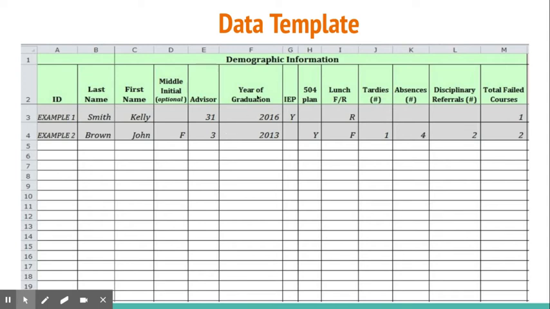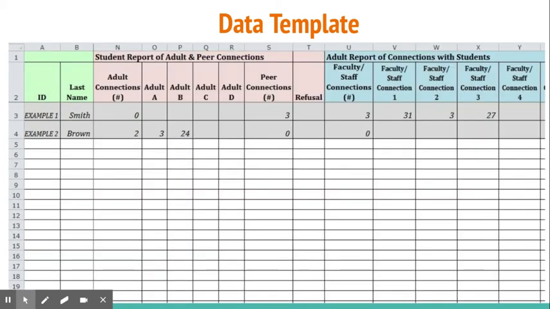And then for the demographic information, we include year of graduation, and then all these other areas here according to the data from Q1. So for example, number of failed courses at the end of Q1. We are able to sometimes use this data to look at individually for students if we want to triangulate their data, and we look at maybe their connections, and then also if they have other risk factors, such as these areas, for example. Moving on to the next screen are our next columns on the spreadsheet.